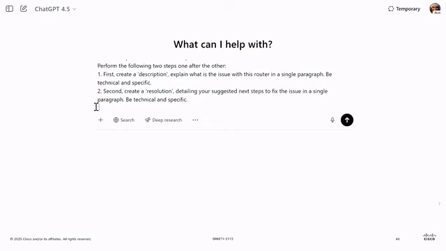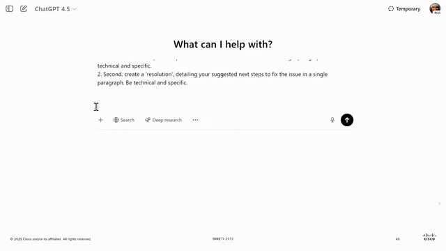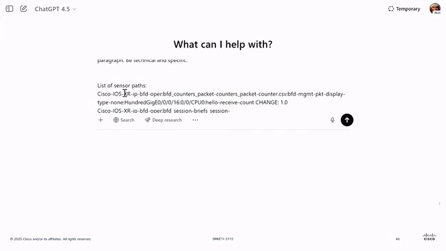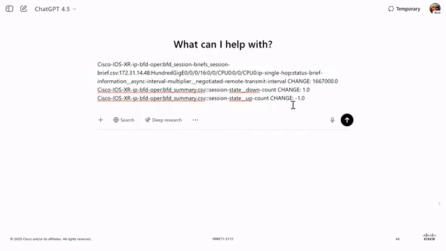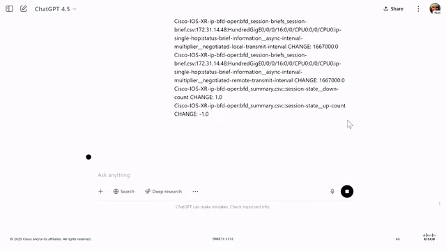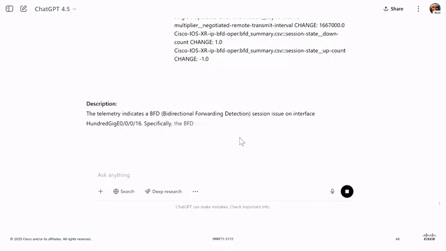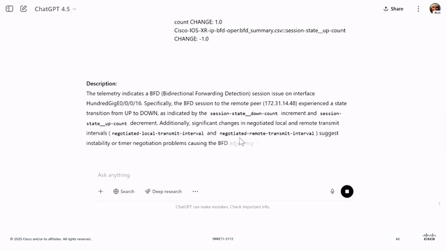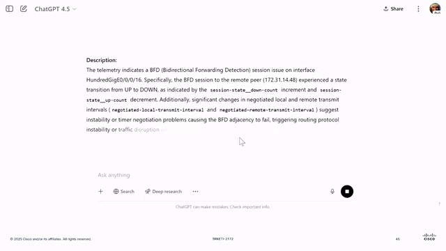And obviously I'm missing here, I still need to cut and paste my set of sensor paths, plus the word change at the very end here, that describe what that change point was all about. Again, asking GPT 4.5 to generate that. It came back with: the telemetry indicates that there is a bidirectional forwarding session issue on that particular interface.